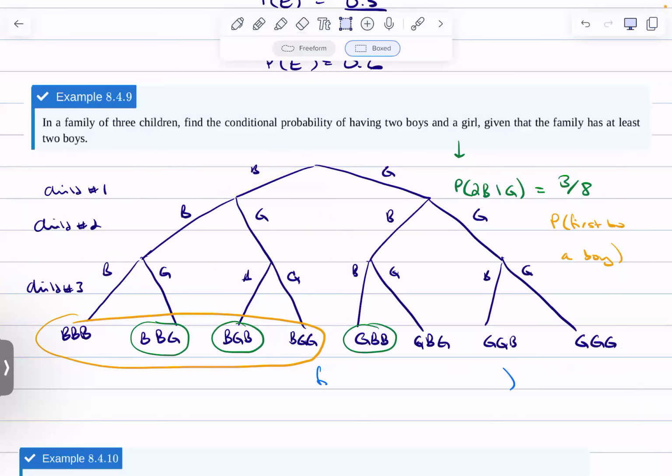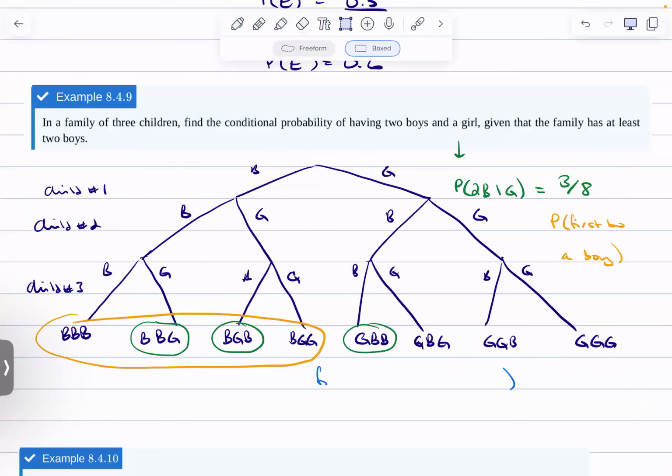So we want to find, let's map this out, the probability of E given F. In general, that is the probability of E and F divided by the probability of F. Remembering what E represents and what F represents,